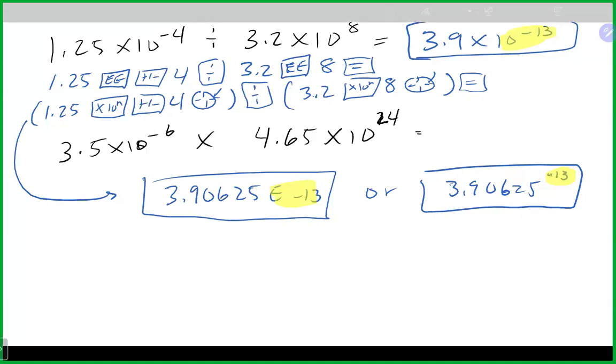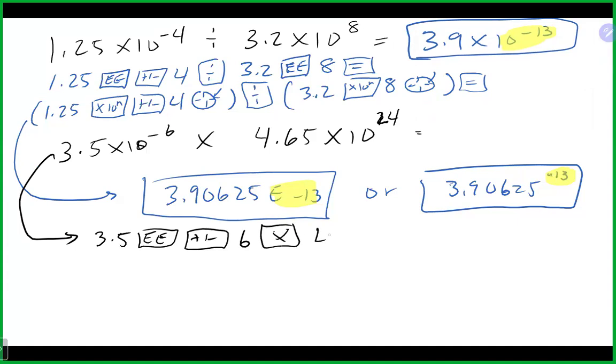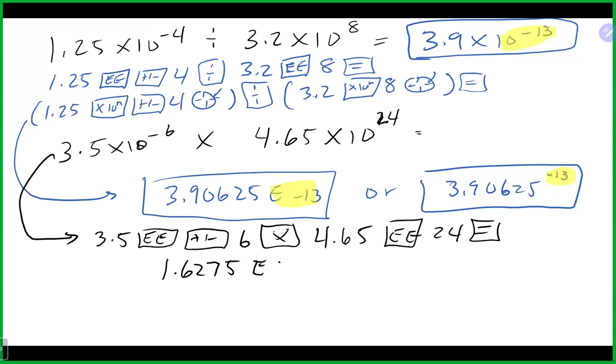All right, looking at the second one, we're going to go 3.5, your exponent button. Once again, you're going to do your negative button and 6. You're going to hit the times button, 4.65, exponent button. Again, this is a positive, so positive 24, no negative there. That's going to get us here on our screen 1.6275 E19,